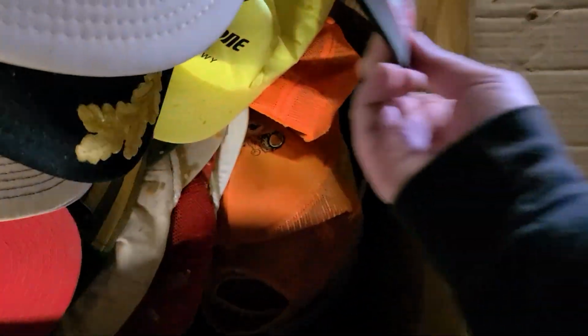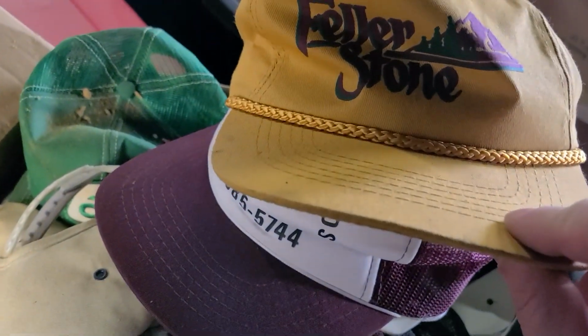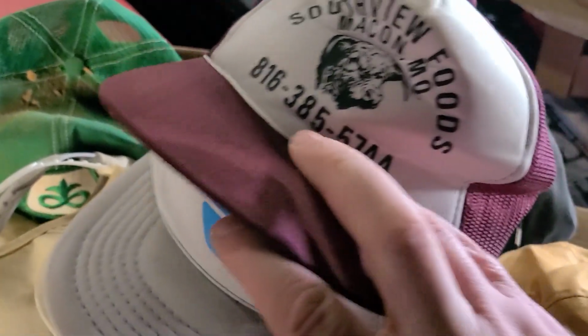Obviously, it doesn't actually look super vintage. Some of these, he'd been collecting for decades. So some of these are from the 70s, 80s, 90s, and some of them are a little more modern. I don't know what that is. Some of these aren't very exciting, like I said, but